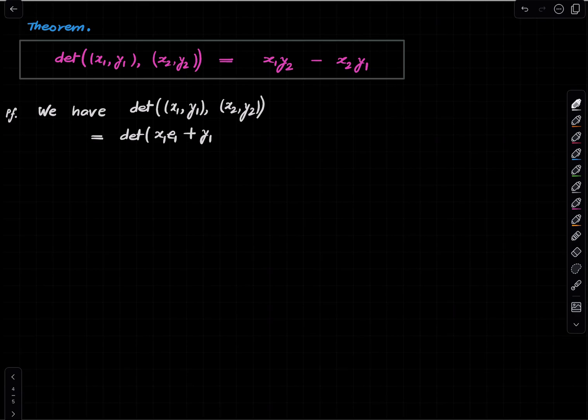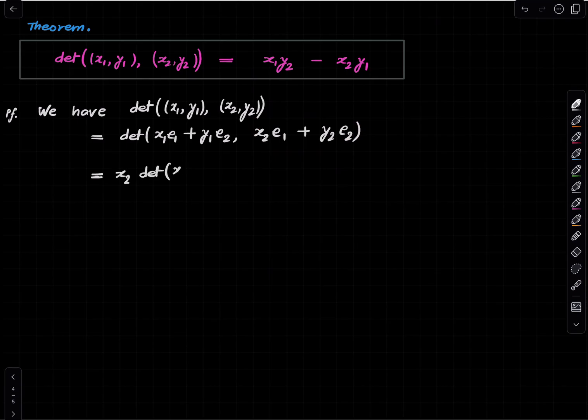This is x1 e1 plus, it looks a bit ugly, but what can I do? Then this is x2 e1 plus y2 e2, right? That's what it is. But if we invoke bilinearity, and for the moment only split out the second slot, we get